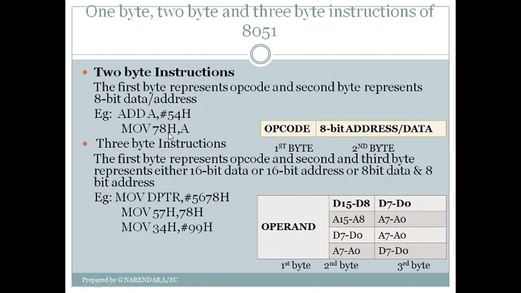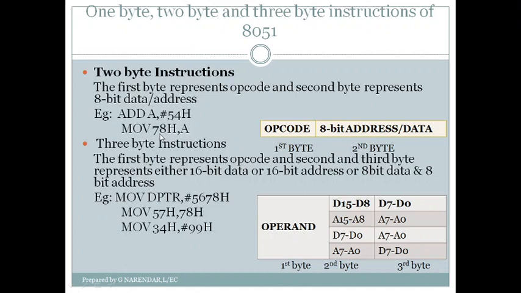Next, the second instruction, which will also come under the 2-byte instruction group, is MOV 78H comma A. Here the mnemonic MOV stands for the move operation, or copy operation, not exactly a move operation but a copy operation. It is the opcode of the instruction, and it takes 1 byte. When you come to the operand part, it contains 2 operands: 78H is the destination operand, and register A is the source operand.